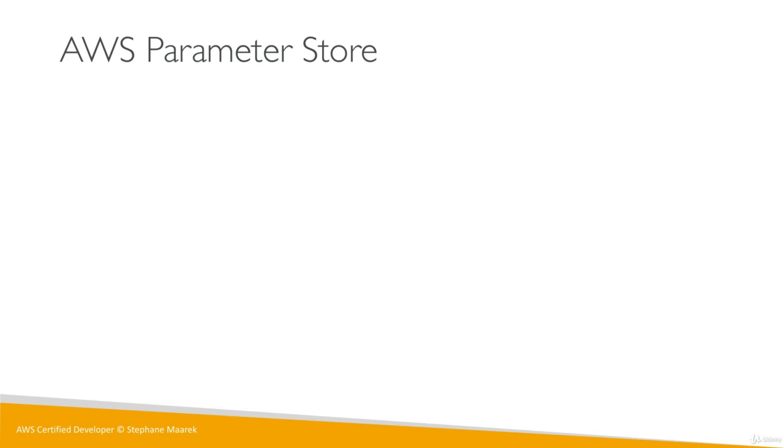So let's talk about the AWS Parameter Store. To me, this is one of the most revolutionary services. It's underutilized by people, and you should know about it because the exam starts asking questions. It's a way to securely store your configuration and your secrets. Think of it as what the name indicates: a parameter store.